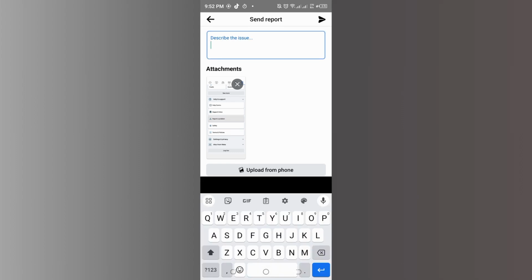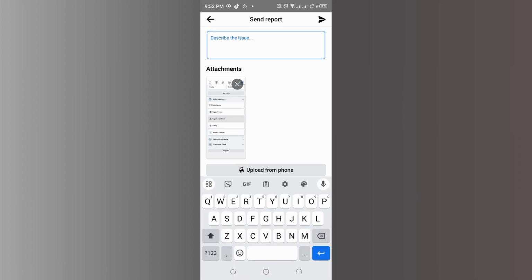After that, describe the issue and why you want to report it. And after that, on the top right corner of that arrow, you can simply tap on the Send option, and Facebook will reach out to the page that you want to report, and Facebook will then review your report and take